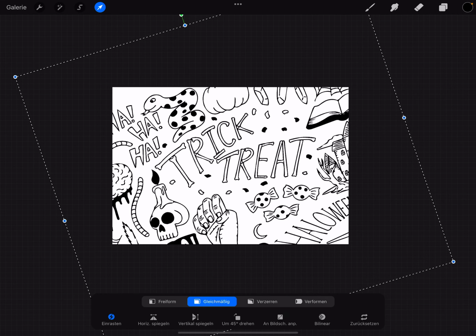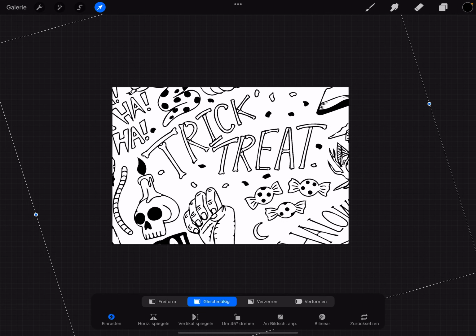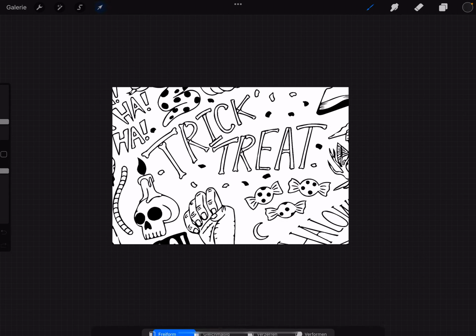And the best thing on this is when I turn off the arrow to adjust it, and I turn it on, nothing is cut off.